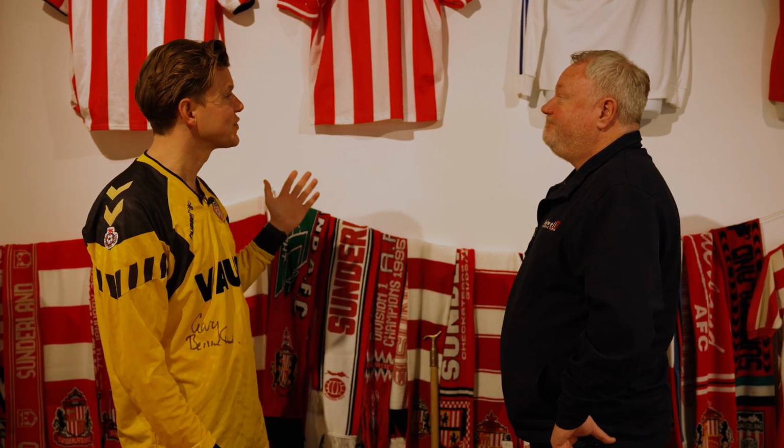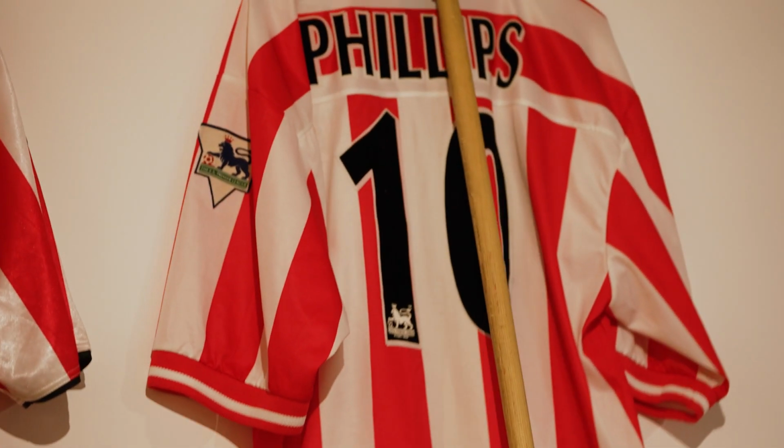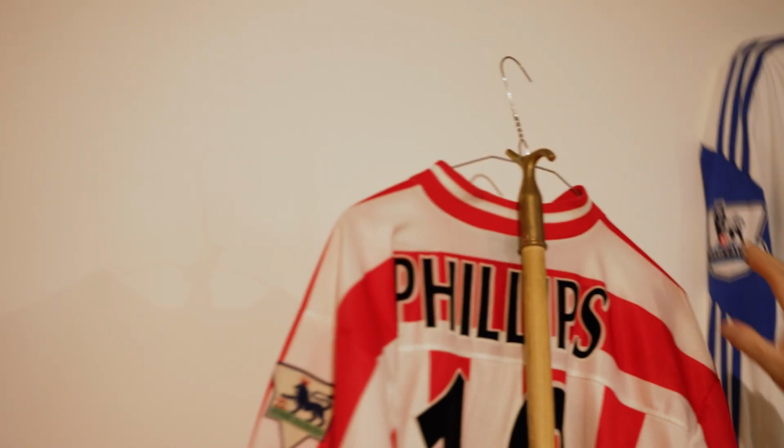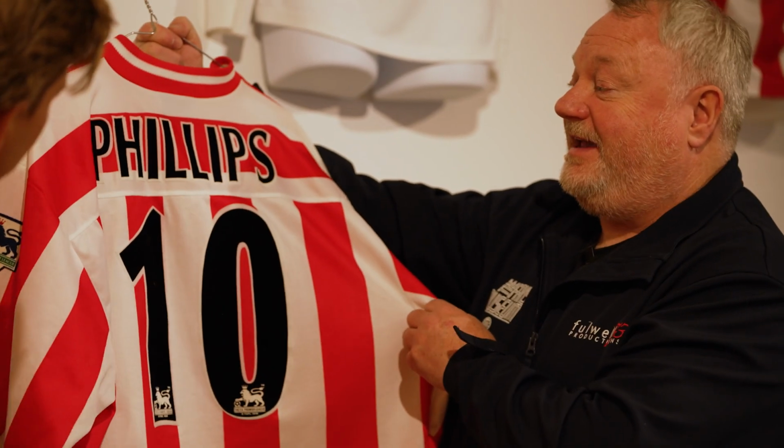So we're in another room here at the Fans Museum with Michael. Michael, what is the next item you want to show us? Do you want to get it down and tell us all about this one? This one here, obviously, needs minimal introduction: a synonymous goal scoring machine. So, Super Kev,